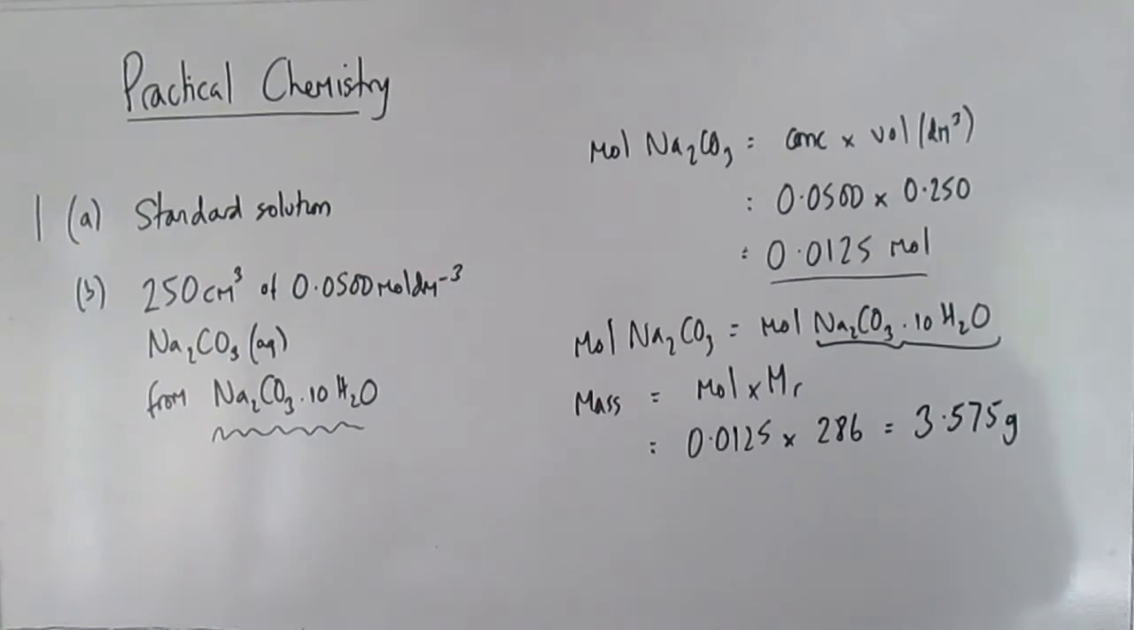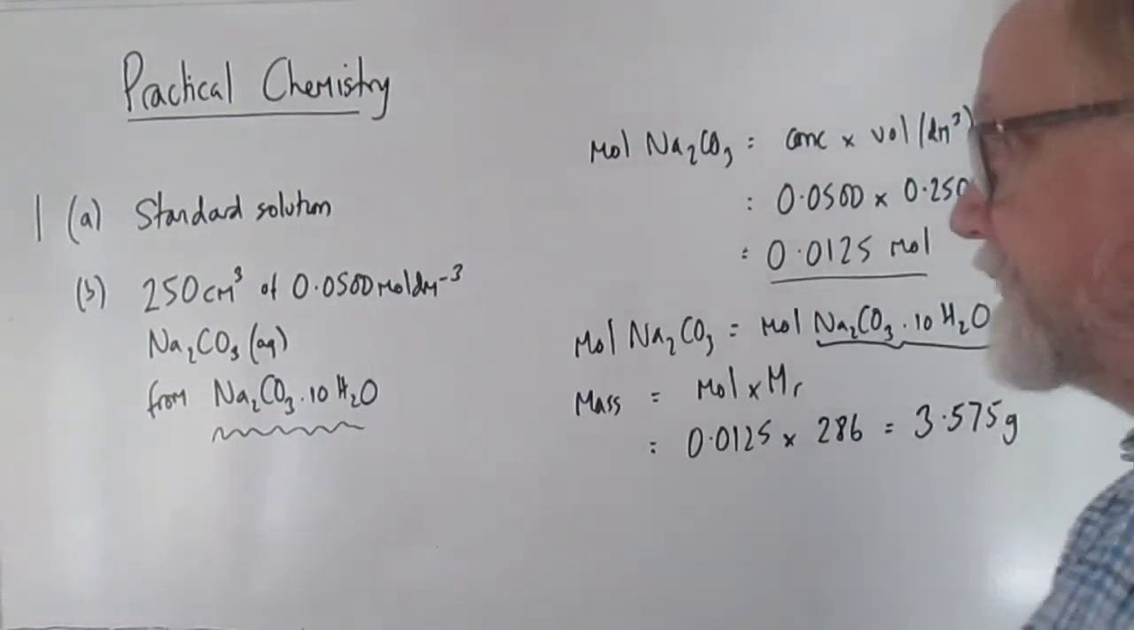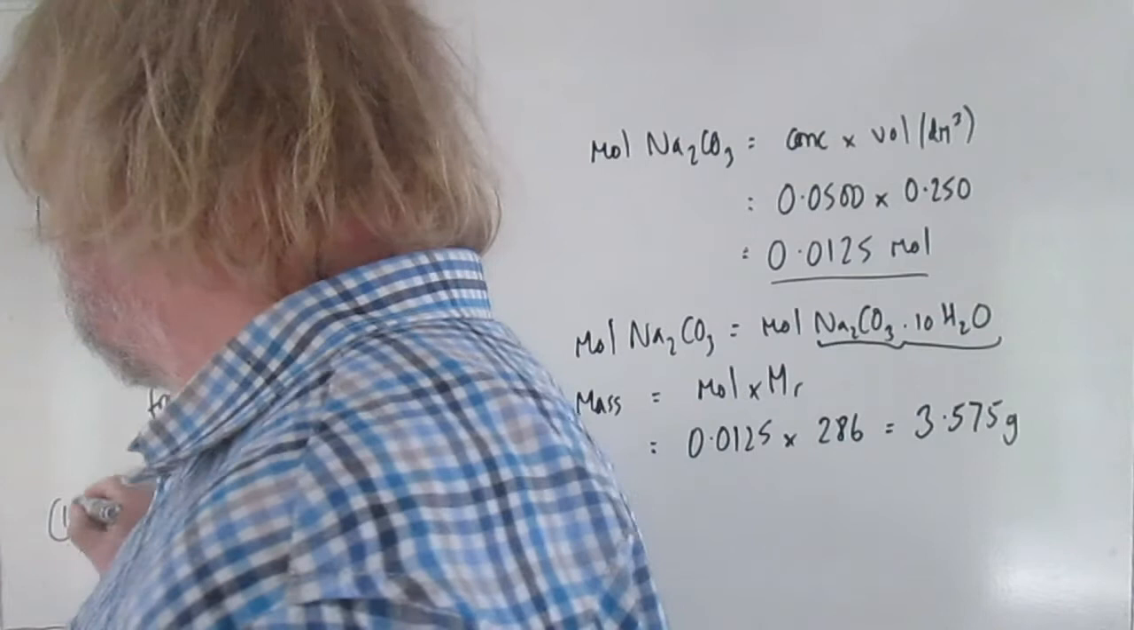So then you need a bit of practical detail as to how you would take this mass of hydrated sodium carbonate and turn it into your 250 cm cubed of standard solution. So the trick, remember, is that you first of all dissolve it in a smaller volume of water than 250, because if you add 250 cm cubed of water, the final volume you end up with is likely to be bigger than 250, and then you're not going to have an accurate solution. So the first step is to dissolve